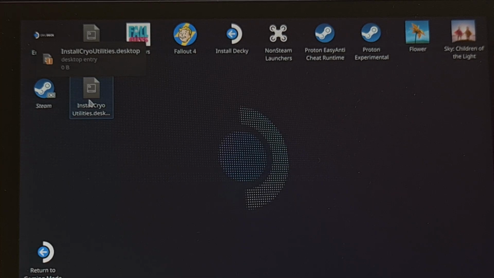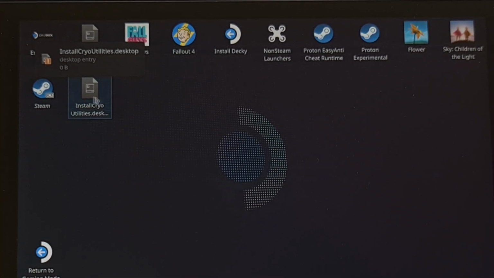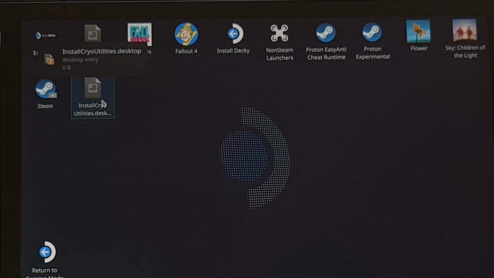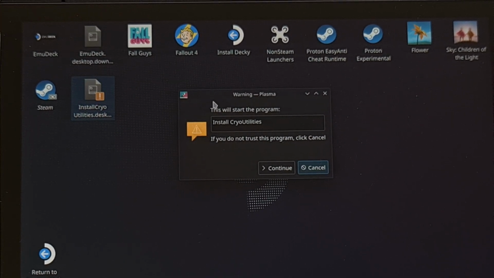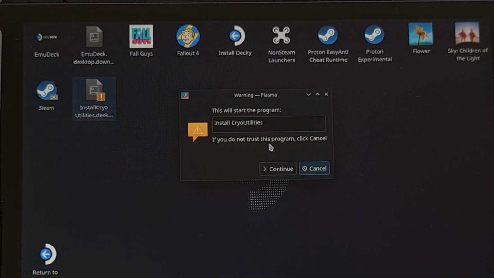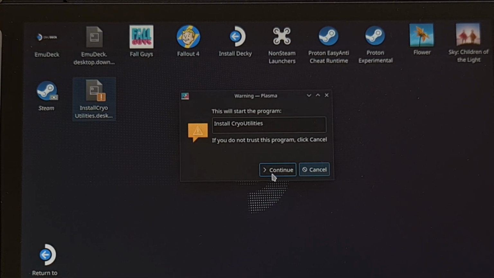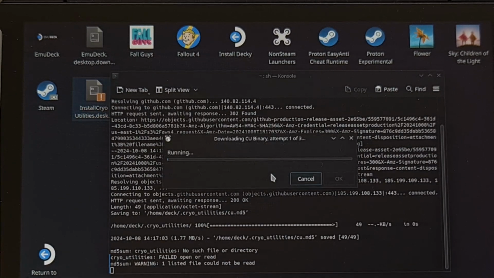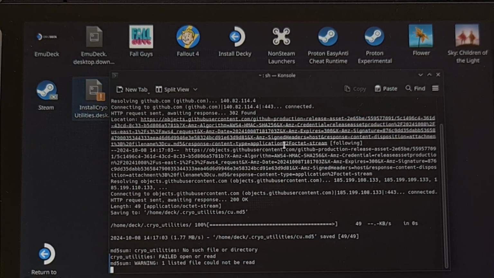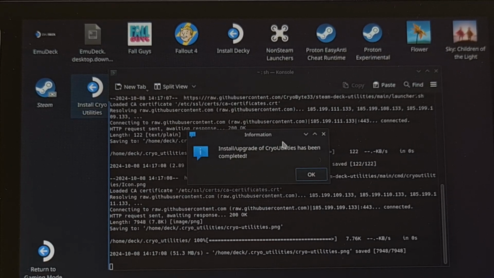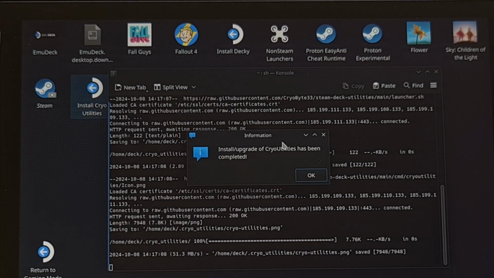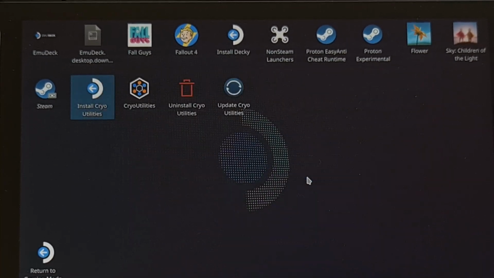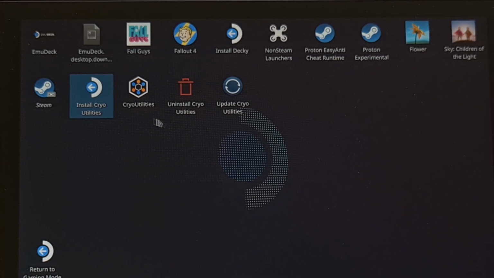Then you want to locate where that file was saved, whether that's on the desktop or maybe the downloads folder. And then we're just going to double click on this to launch it. You should see this pop up here, and we're going to confirm that we do want to execute this script. So click on continue. And then you're going to see a bunch of text scroll on there as it begins the installation. When it's done, we're going to click on this OK button in this prompt, and you should see